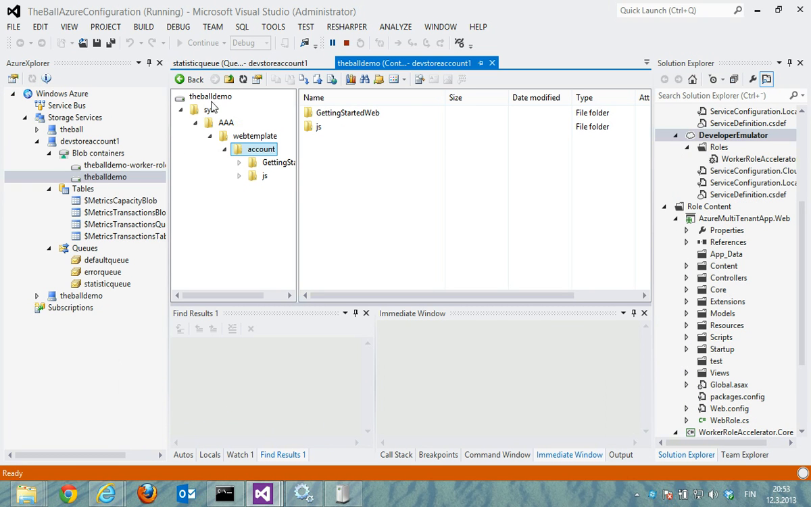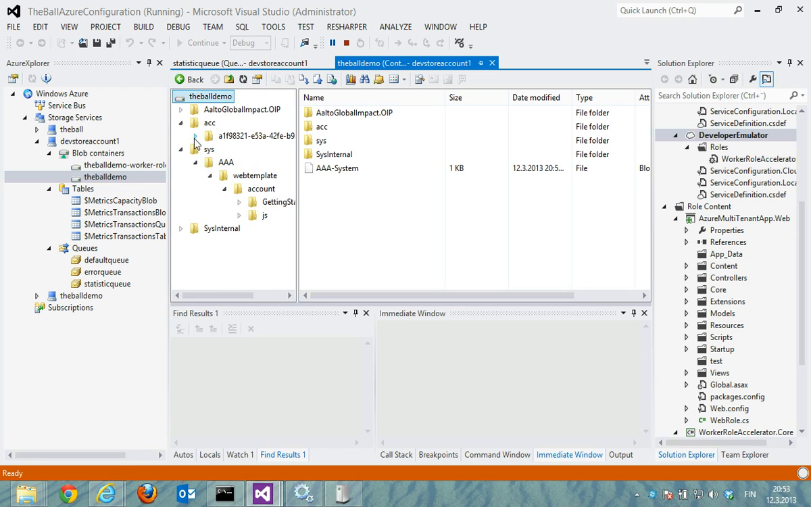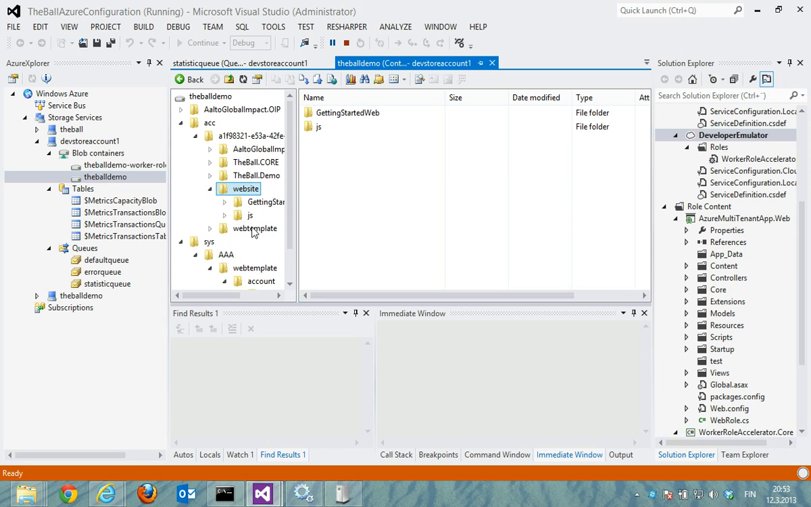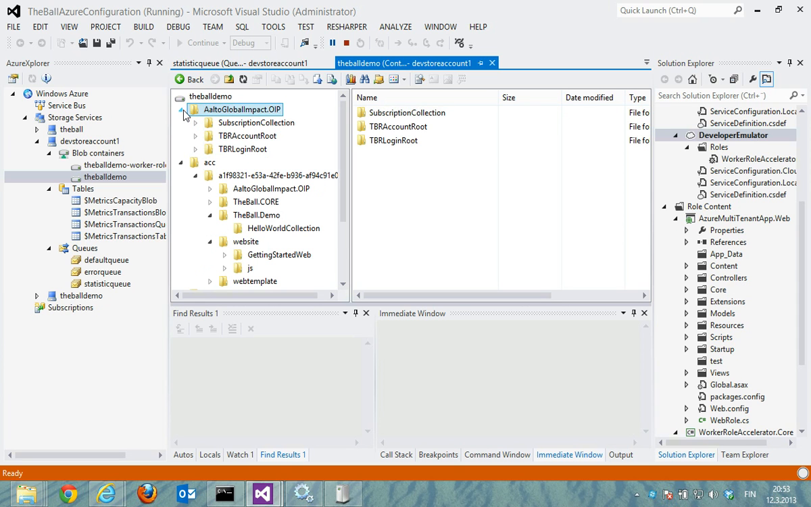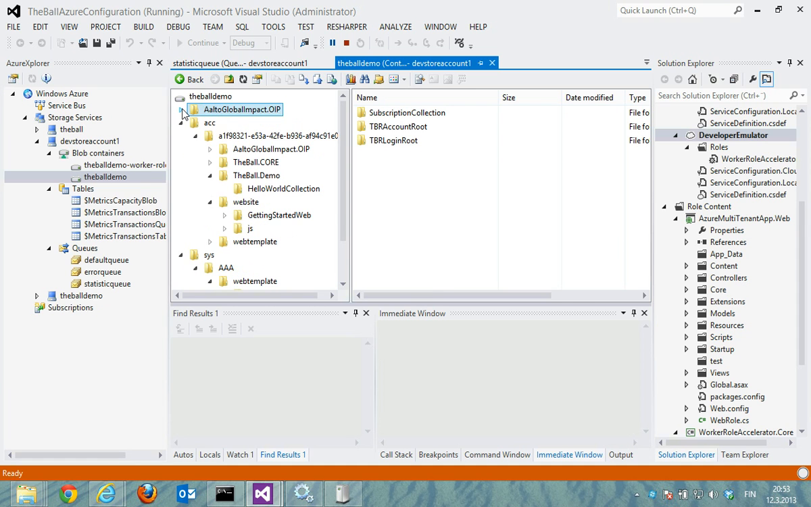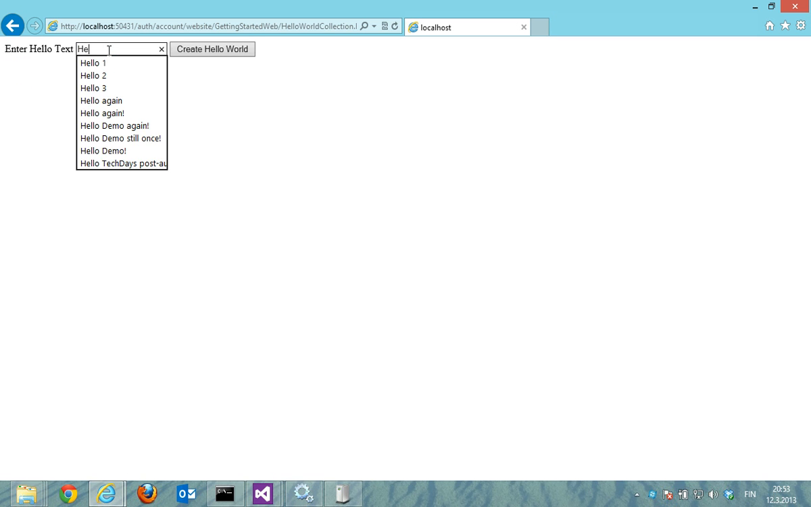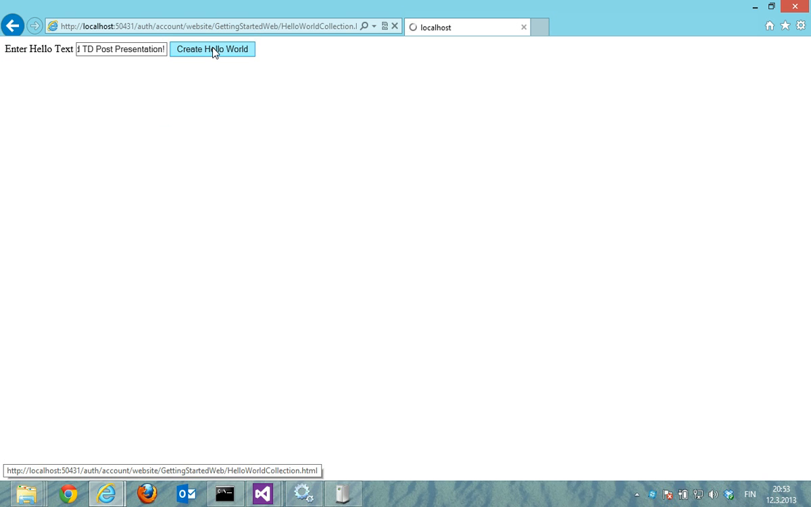We can verify from the storage that refreshing it here now actually has the account stuff for our actual website and the web template and some objects as well. So basically we have the Ball demo hello world container here with just a master collection, no content, and then we have the metadata stuff in here, subscriptions and some other things that we'll see on other demos. Now in this demo I'll still create a few hello worlds. So hello world td post presentation, creating it